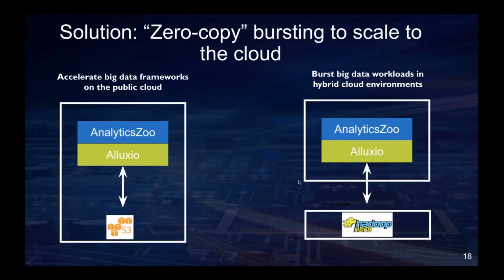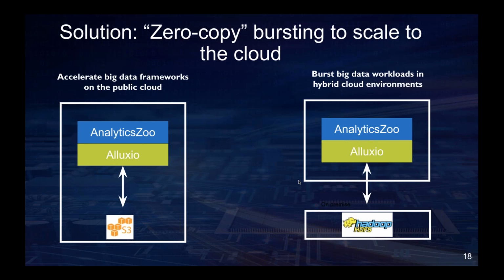So that's what we're building. That's Alluxio. The solution from Alluxio is something called zero copy bursting, so you can easily scale your applications to the cloud. There are two typical scenarios we see in the field. One is you run applications like Analytics Zoo on top of Alluxio and connect it to S3, so you can accelerate big data or machine learning frameworks in the same public cloud.